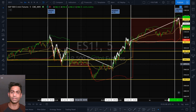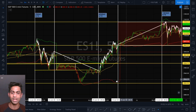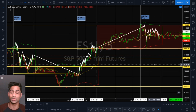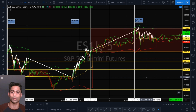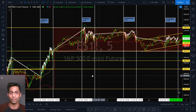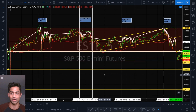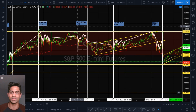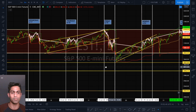It was consolidating right here over the weekend of June 12th, and then it broke below its key support level, fell as low as 29.20, and then over the course of the next few days, it essentially rallied all the way back up to 31.50 after the Fed came out with the news that they were going to start buying ETFs and investment grade bonds and junk debt. And then after that, for the better half of the last week, we have been consolidating for the longest time. You guys can see the trading activity for every single day: Tuesday, Wednesday, Thursday, Friday, and then Monday and Tuesday